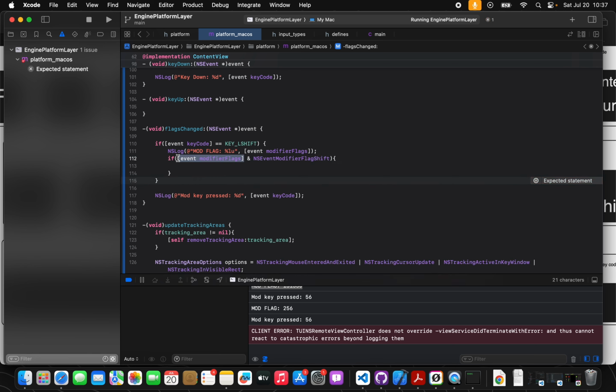So what I'm saying here is, if the operating system gives us a modifier flag, meaning that some key is being pressed and it comes with a modifier flag, in this case meaning the key being pressed is shift, and the operating system gives us a modifier flag being currently active, we want to check if that currently active modifier flag belongs to the shift key. And if so, we want to then do something with that. So in this case, we want to say NSLog